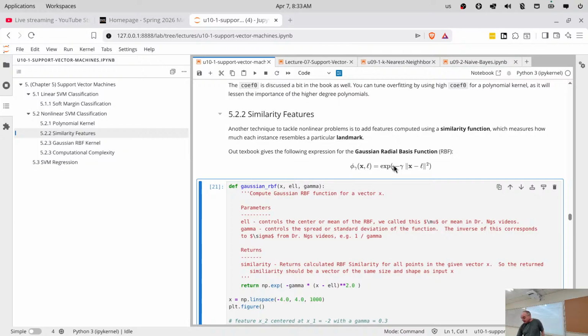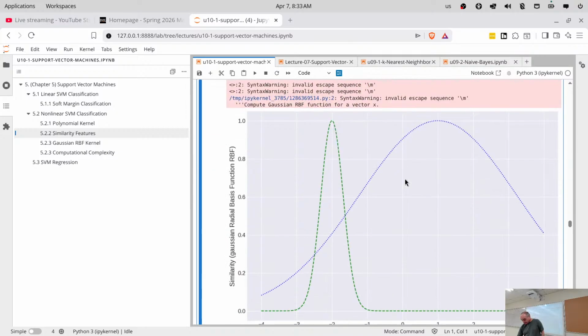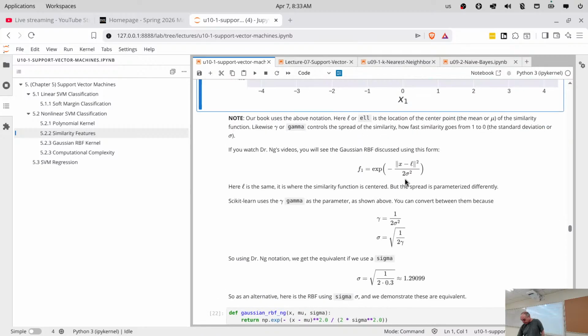So if you look at this function here, I'll just say that yes, it is related to the Gaussian distribution. But anyway, this is the similarity function here. So, as discussed here,